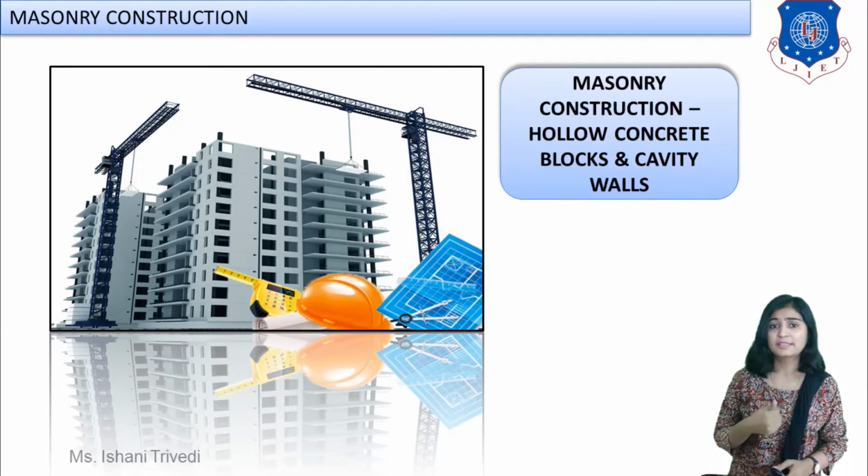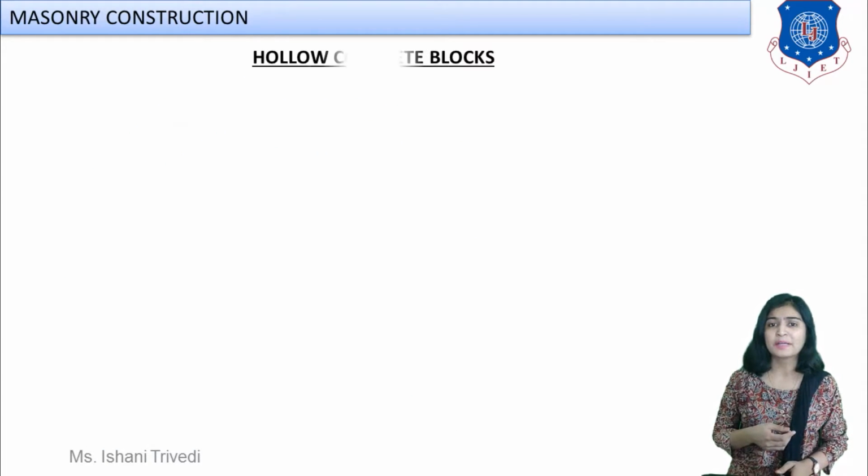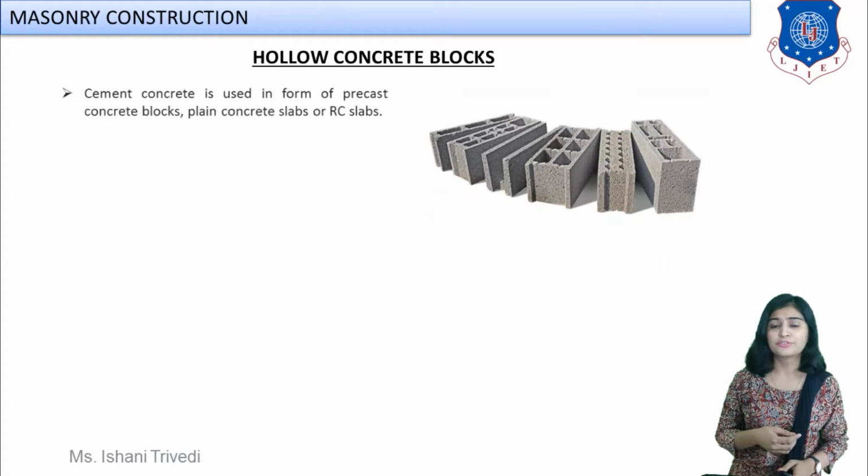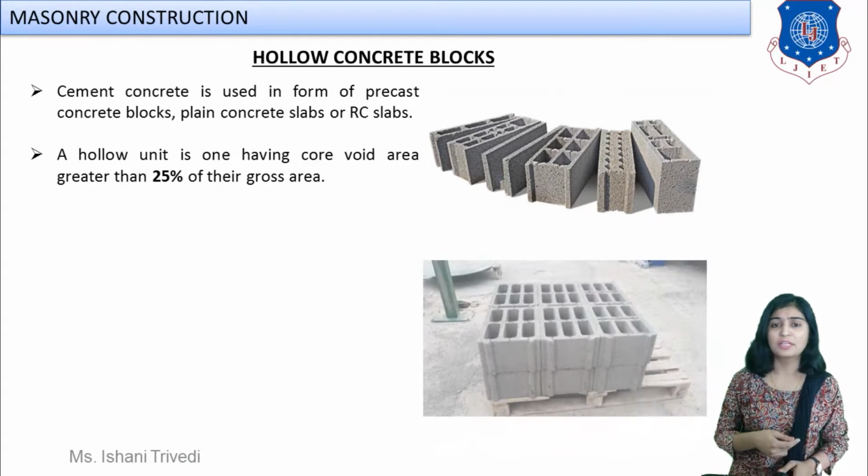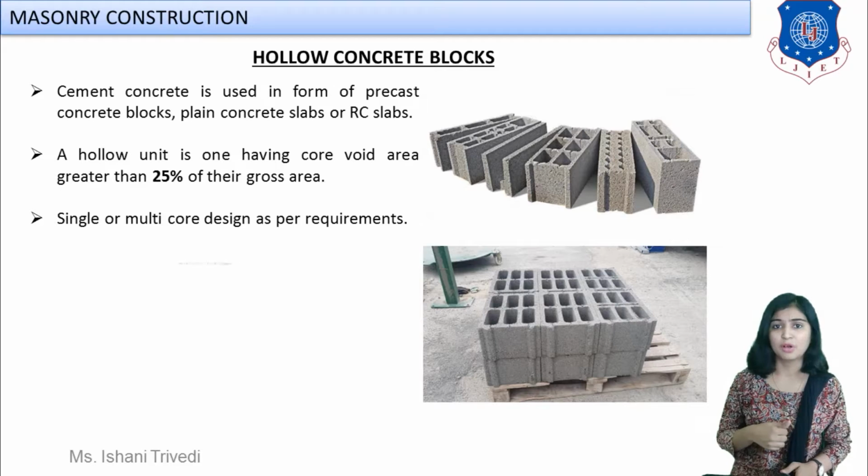Okay, so till now we talked about how a basic building unit or a basic masonry wall is constructed using bricks or stones, or even a combination of two different materials, that is composite masonry. Now we are discussing certain special types, that according to situation and requirement, you can make different varieties of special type of masonry construction. So first we are going to discuss the hollow concrete blocks.